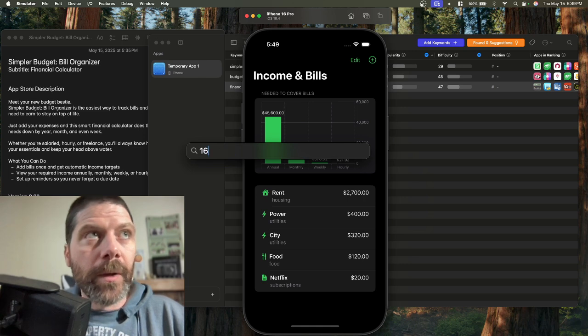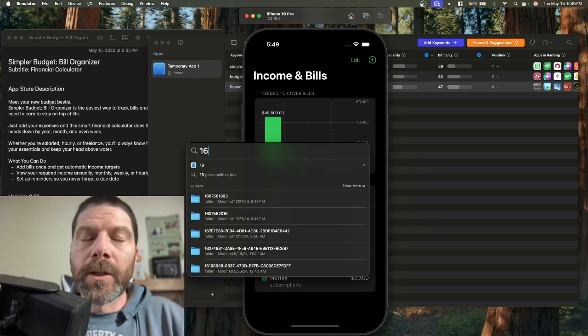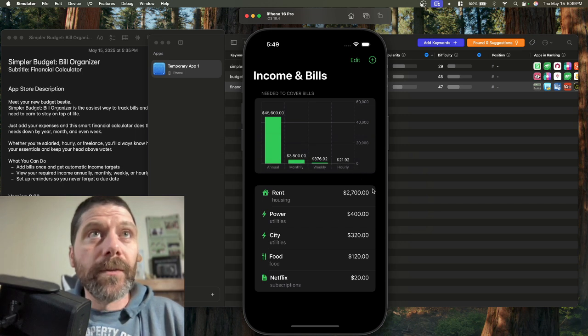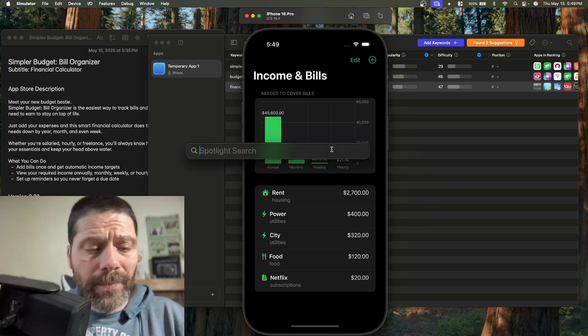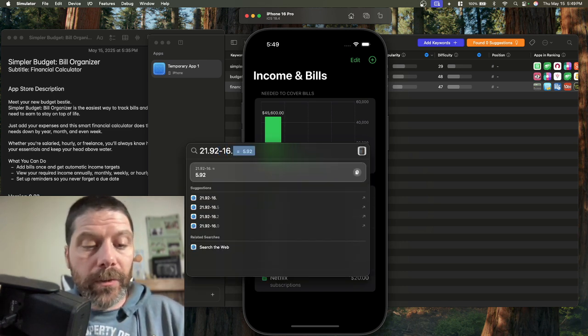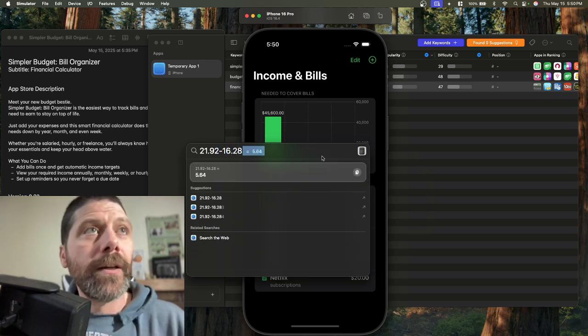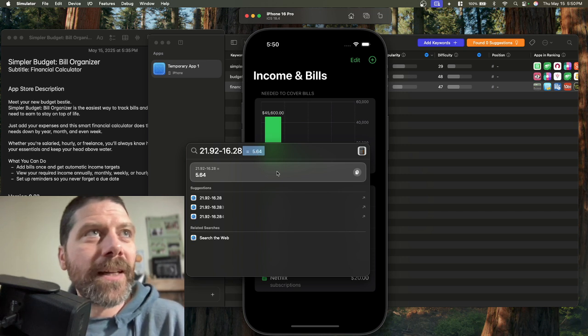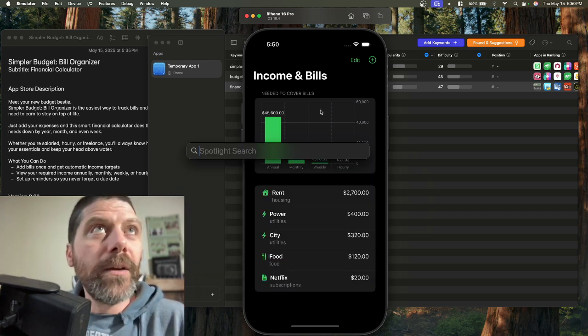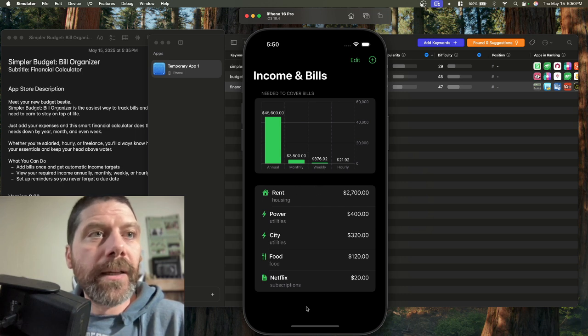This could be another feature, maybe if you had like split it between multiple jobs. Let's say you need 22 an hour, 21.92, I think is what it was, minus 16.28. You need to go find another job that pays $5.60 an hour, so maybe some DoorDashing on the side or something. Anyway, that's the general idea, is make a hopefully useful app